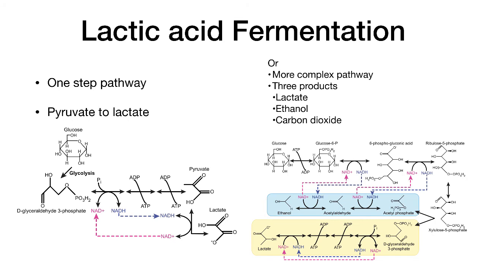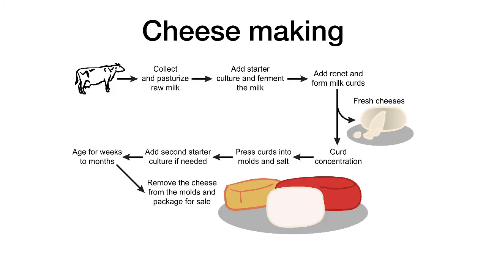I'm going to just give you one example, and that is cheese making. This is, of course, done by the University of Wisconsin, after all. Cheese is a favorite food worldwide, with about 21 million tons of cheese consumed annually. There are a wide variety of cheeses, but they all rely on the action of lactic acid bacteria that ferment the lactose in milk to lactic acid.